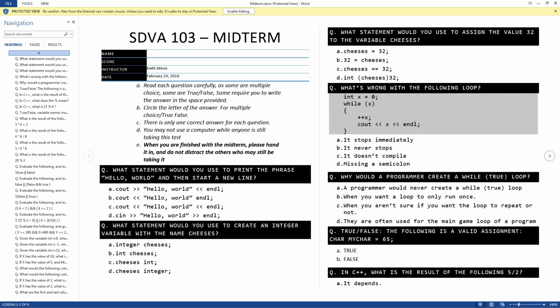So this character here is actually just an integer. That's all it is. This is a question straight out of the book. This one says, char myChar = 65. What this actually means is set this equal to the letter A, which means that it's actually a valid assignment. If you plug this into a program and compile it, it would give you no warnings and would run, no problem.